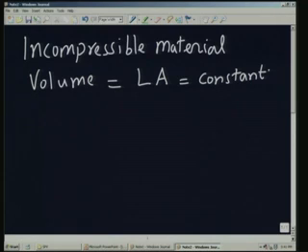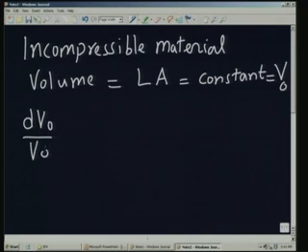Okay. The volume remains constant. That means, when you have a deflection or change in L, A will automatically change such that the total volume is going to remain the same. So, we can do the following. I will call this constant equal to some V, which is equal to, let us say, V naught. So, we will say dV naught by V naught equal to 0,